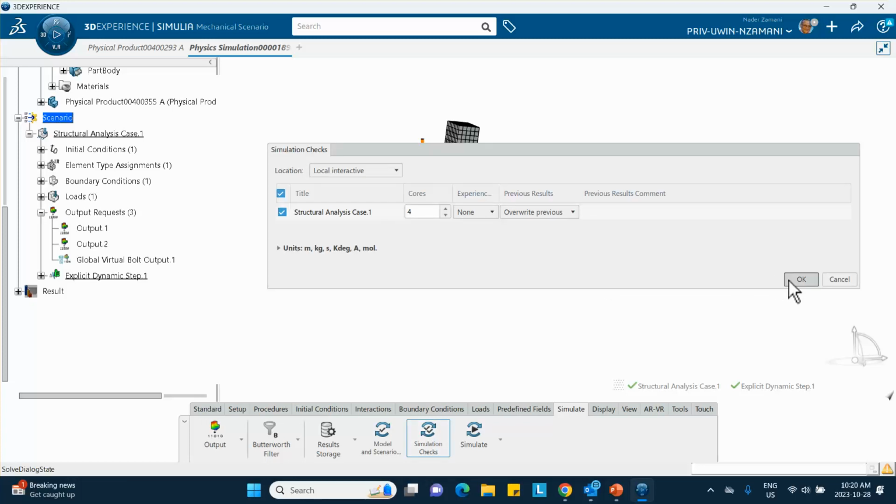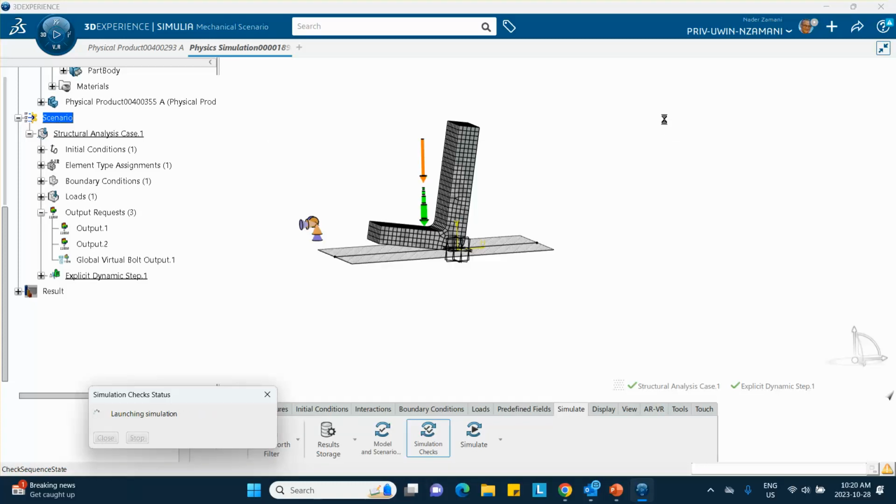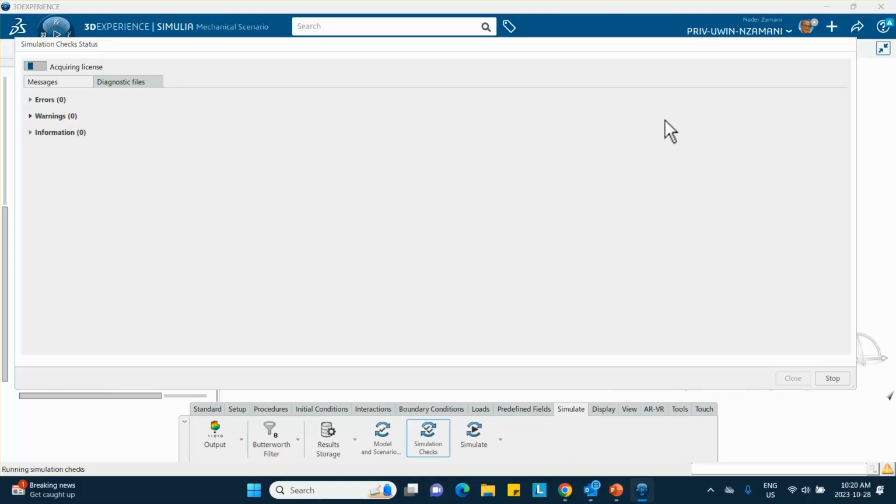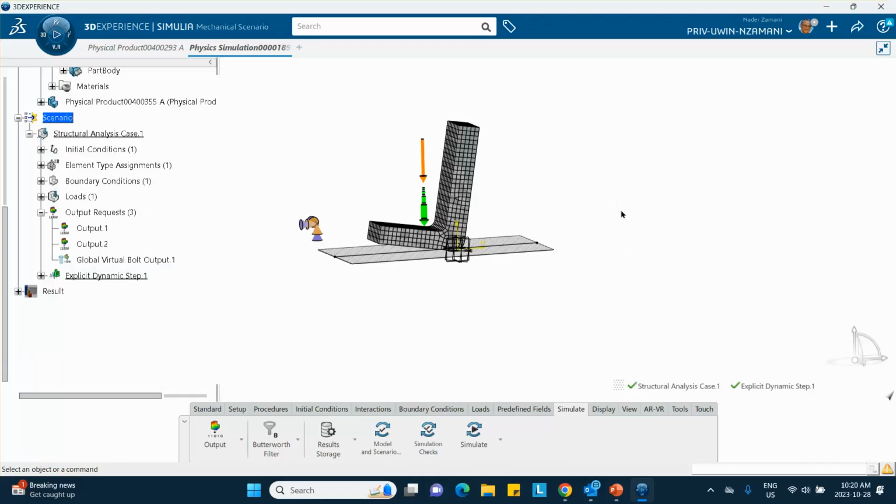As I pointed out in the reference that I'm using, the guy came back after looking at the results generated and said, oh, it looks like there may be an issue with our hourglass control and things like that. This is why he went back and made some changes in the type of element and the size of the element. In fact, he didn't even run it. He looked at only the plot of artificial energy versus time, and said that this is a substantial portion of kinetic energy or all energy,